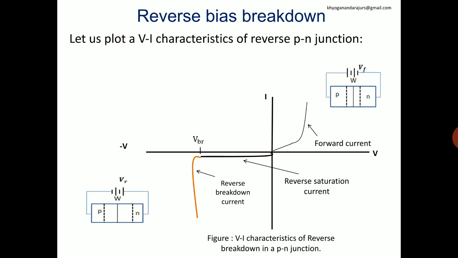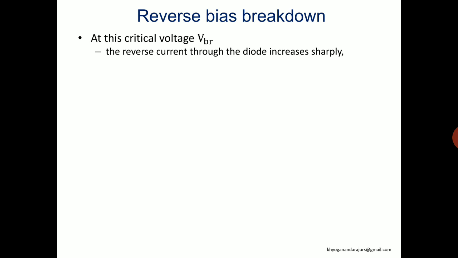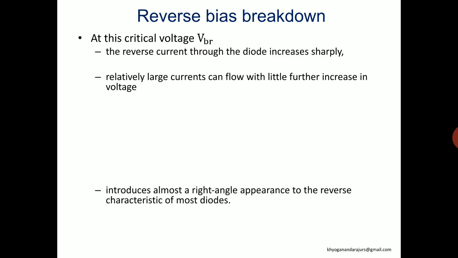There are different mechanisms, which we'll see. First, we'll try to understand that in reverse bias there is a condition called breakdown voltage, at which the current increases abruptly in a right angle manner, in a straight line. Did you all understand this? We will continue. Please observe, this is the reverse bias breakdown VI characteristic. We will call that breakdown voltage a critical voltage, and we saw that the current increases sharply in a right angle manner.